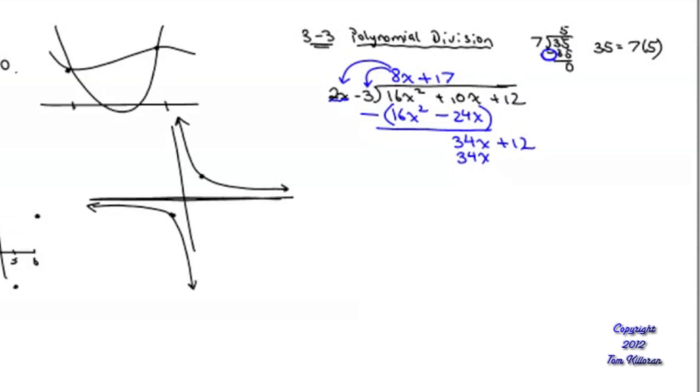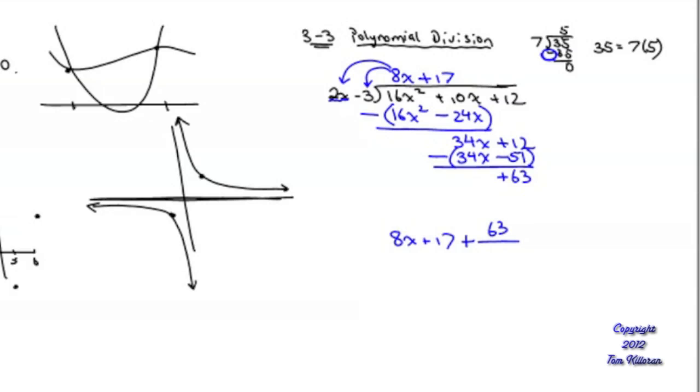51, and it's negative, so this would be -51. But you have to take that whole thing, draw the line, subtract, and change the sign. If you want, you can change all the signs. I just make it positive 51 plus 12, 63. So my final answer here is my quotient with the remainder of 63. Since this is positive, I'm going to put plus 63 over